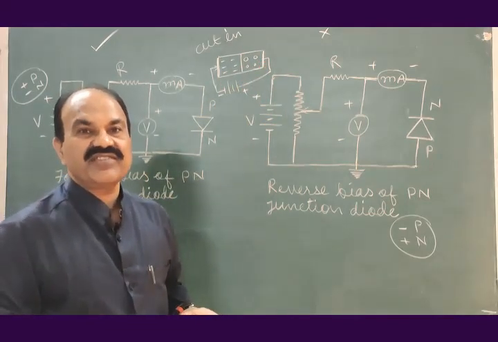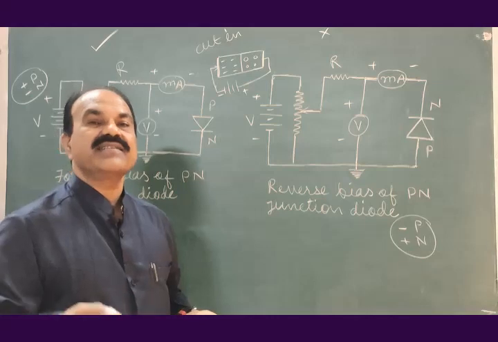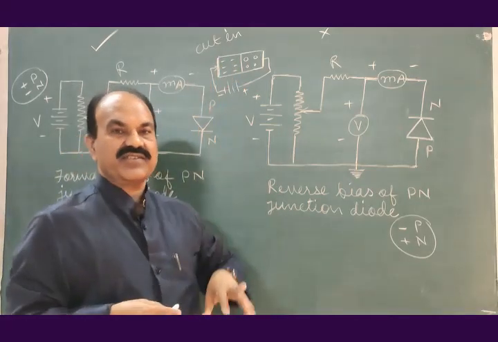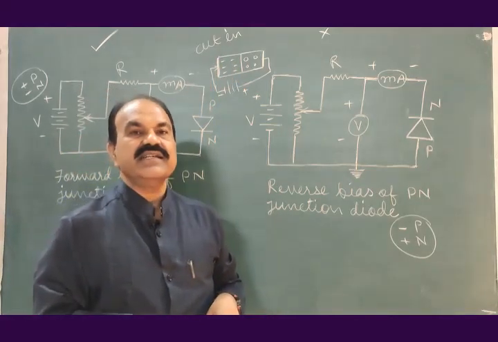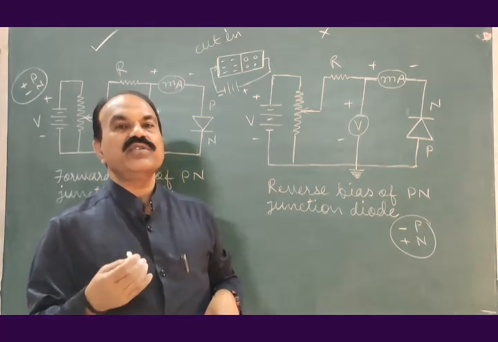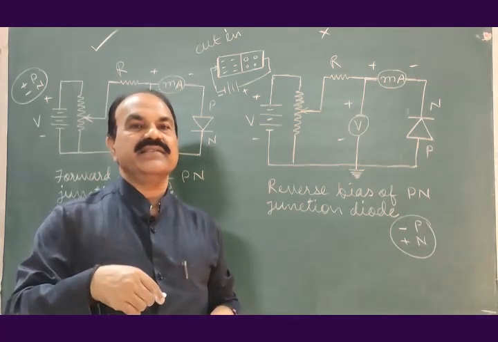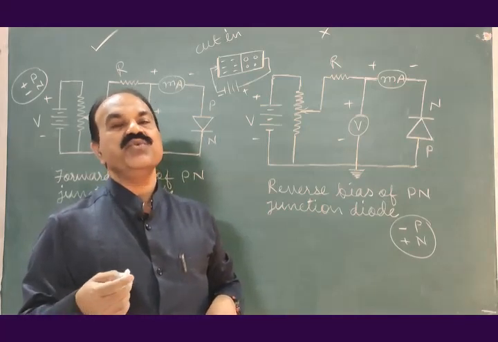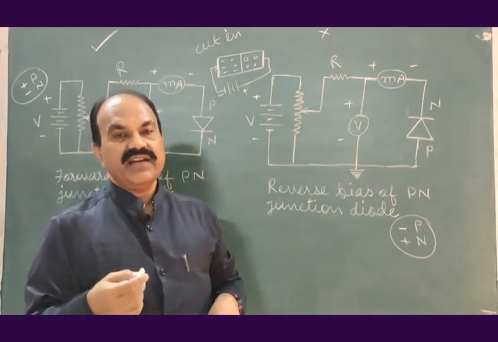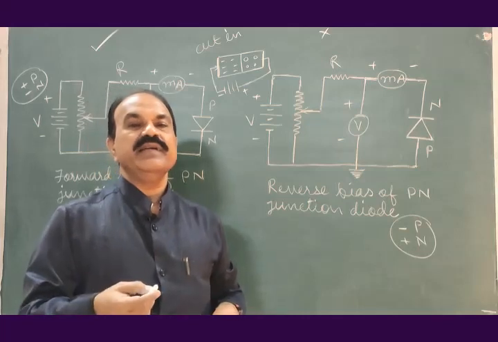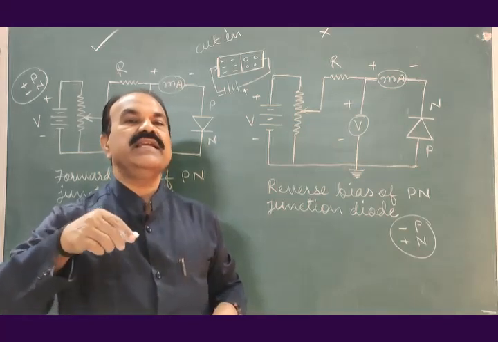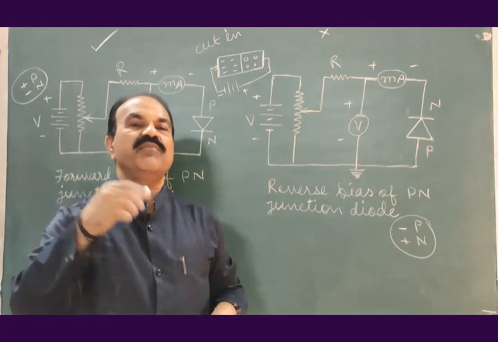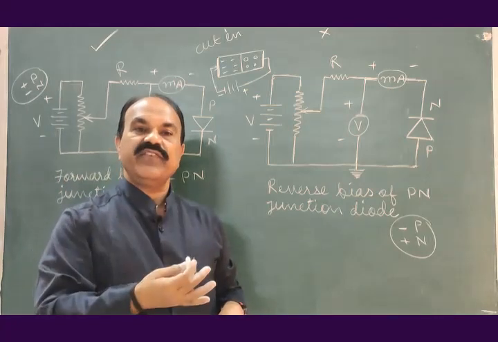Where are these electrons coming from? These electrons are apart from the free electrons. These electrons are coming out from the valence band of the semiconductor atoms, because they receive energy, and whenever the energy received by them is more than their binding energy in the covalent bond, they become free.